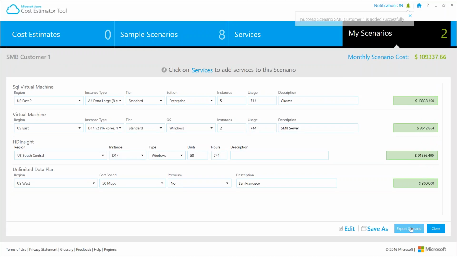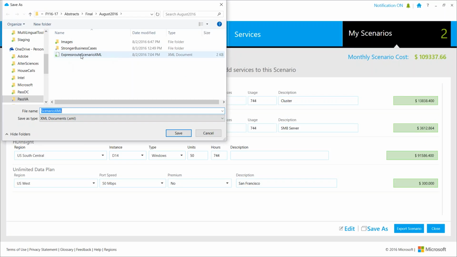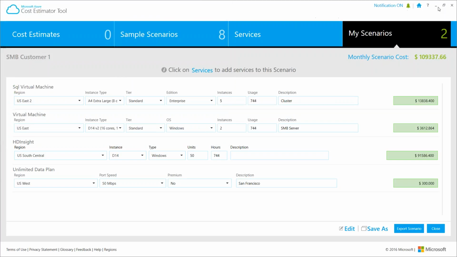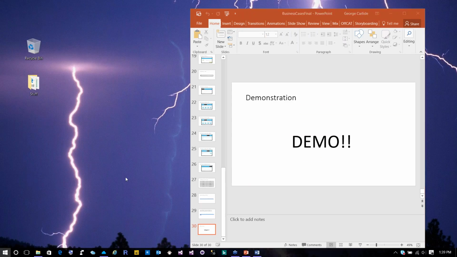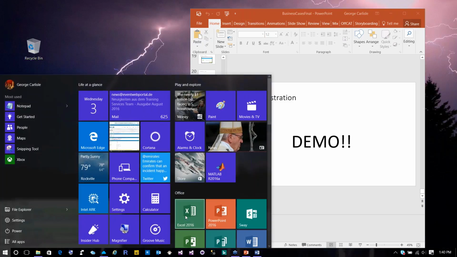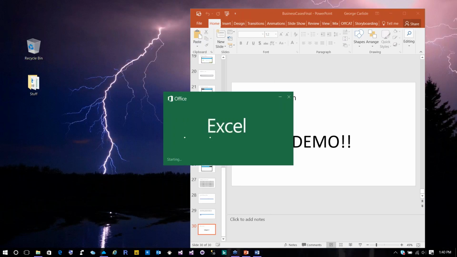All right. Export scenario. So here I've exported some scenarios already. I'll put this one in here, but we're going to go look at these, and I'll show you what these look like. Export scenario, SMB 1. This format's in XML. So now we're going to open Excel. There are a number of format options that you can choose to look at this when you open these files, once you export them. Just let this boot up here for a second.